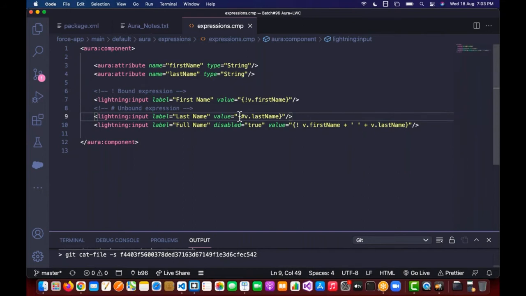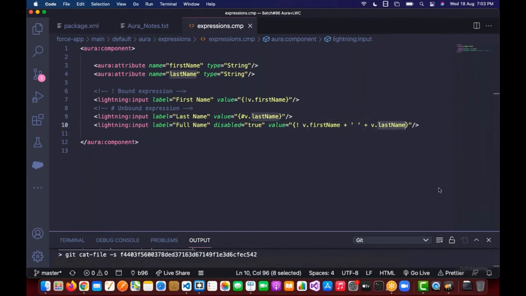Whatever the value is, it is restricted only to the place where we assign. In other places, wherever it is referred, it won't be reflected. For example, this v.lastName is referred here. So even though we change this value,